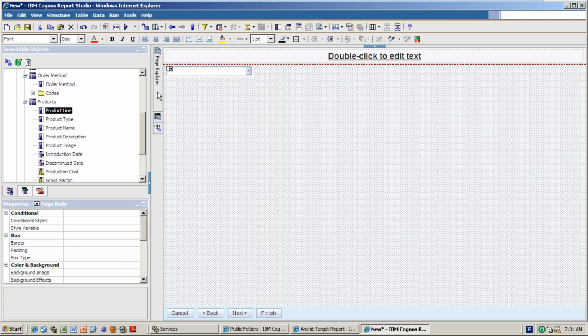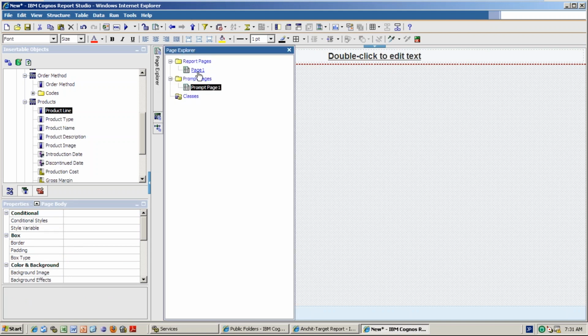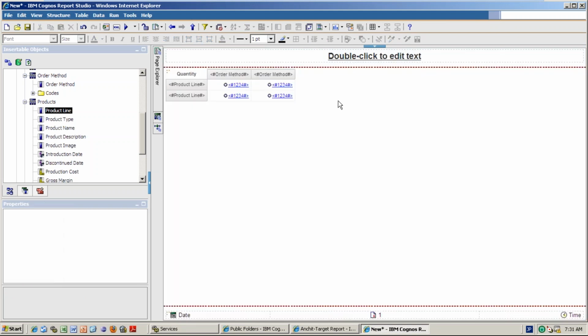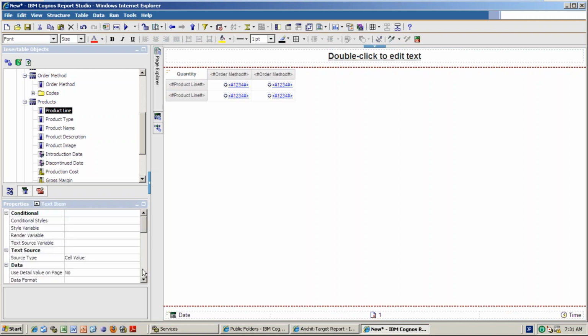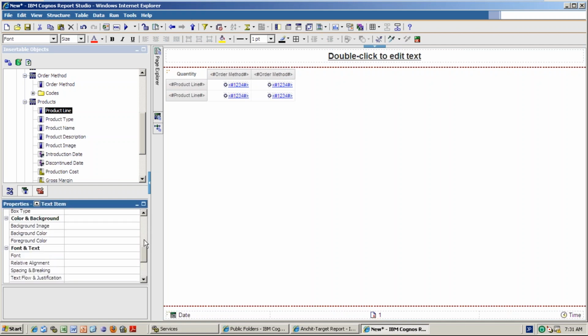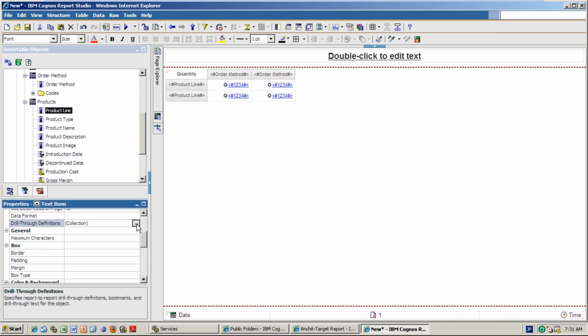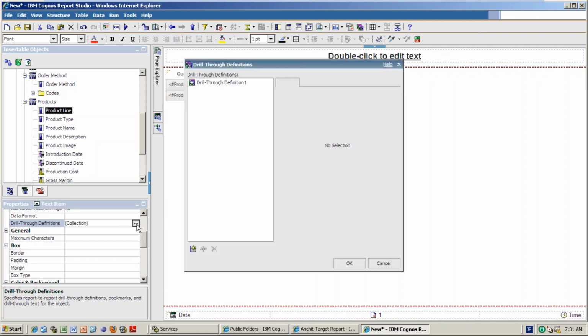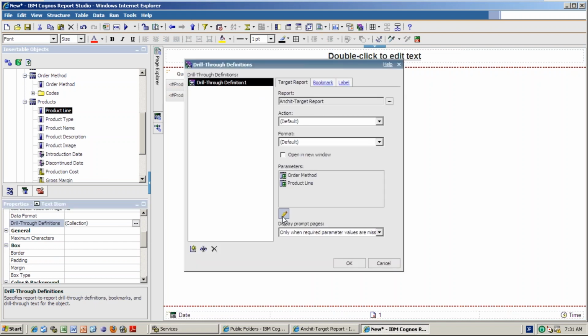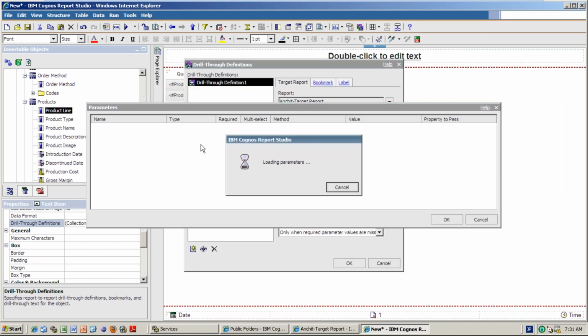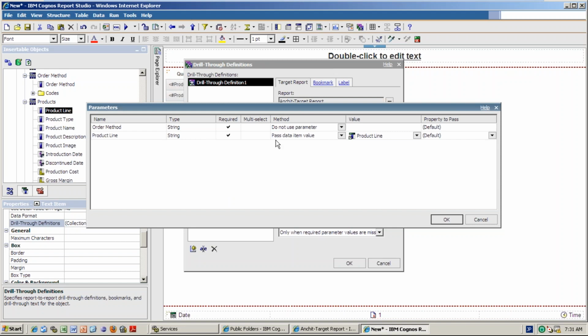When you are running the report, go to the page explorer. Then what value do you need to set? On the product line column, you have a prompt page, right? You don't need to send it as a data item in the definitions, because whatever value you are selecting, only that value will come. That's the reason why, instead of the data item value for product line, you need to send a parameter.